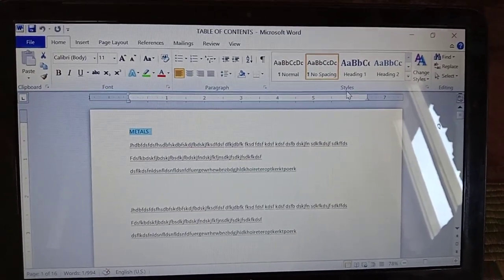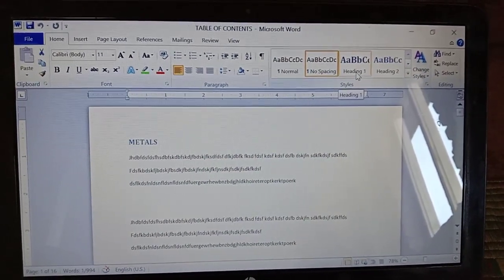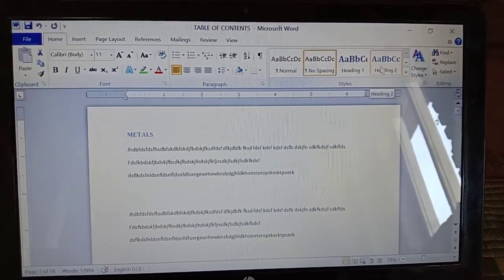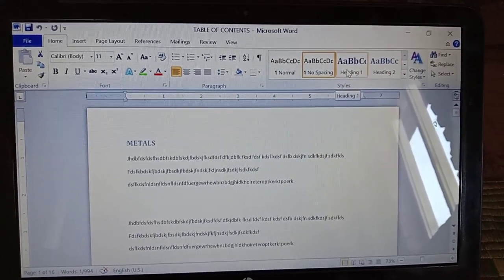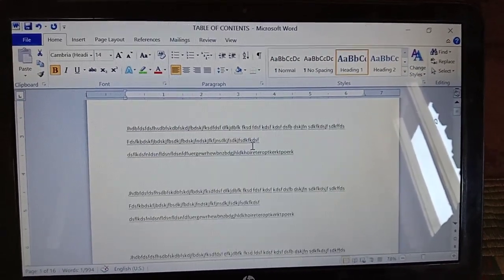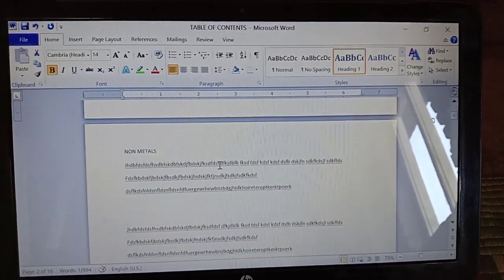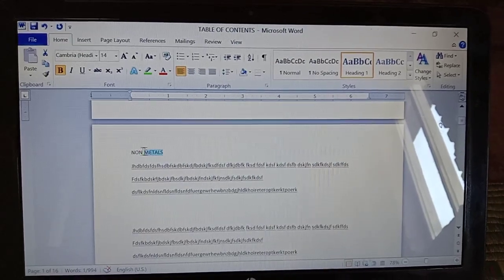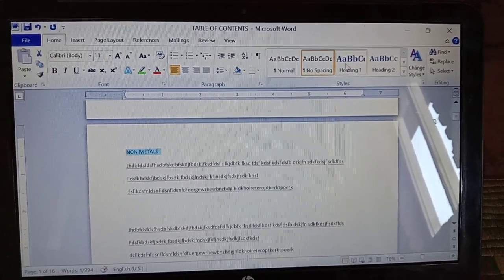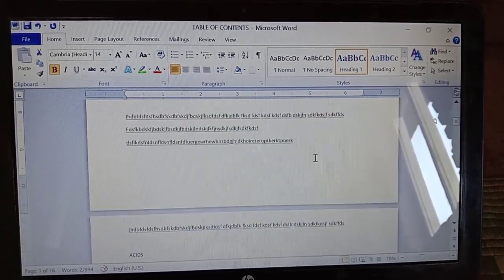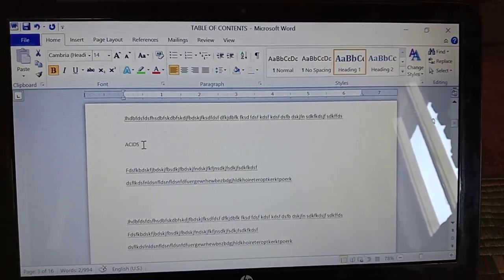we have the Styles group. We have to give Heading 1 or Heading 2 to these headings. I am taking Heading 1. Again I am selecting the headings and giving the styles.